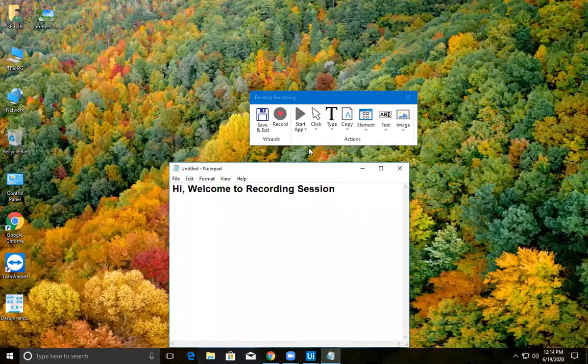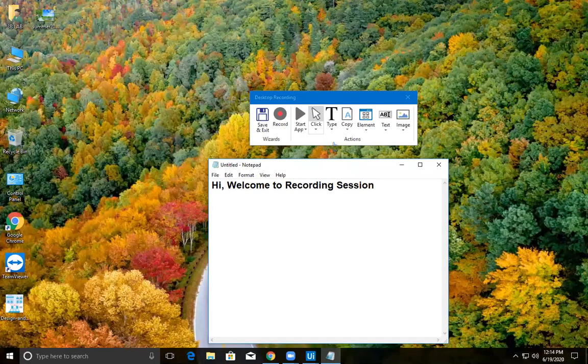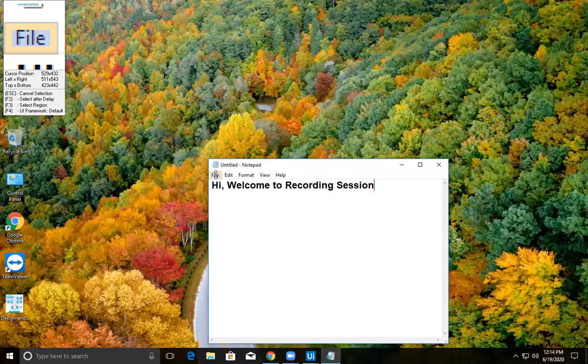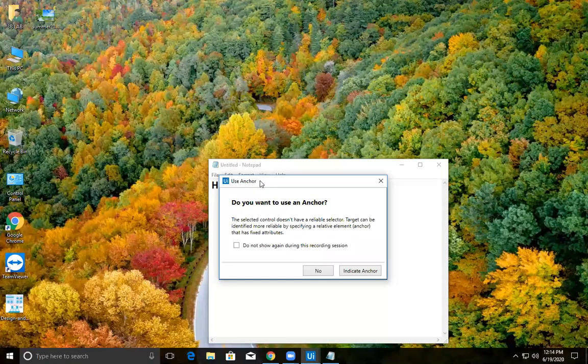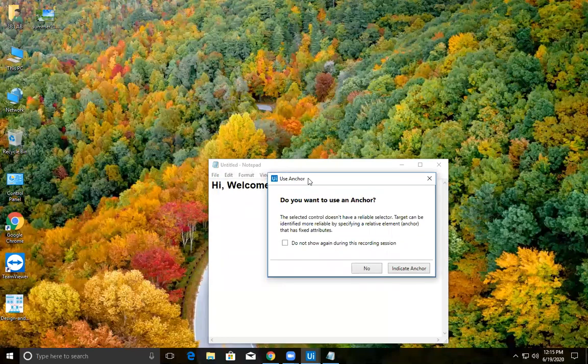So for that, we need to have a click activity. So select the click. Where you are going to click on file, you need to click. So this is something it will find. Do you want to use an anchor? I guess everyone completed the previous problem we discussed yesterday using the anchor activity. So the anchor is going to identify whether the element was there or not in your entire application. Anchoring means the place of the element. So file is considered an element here.